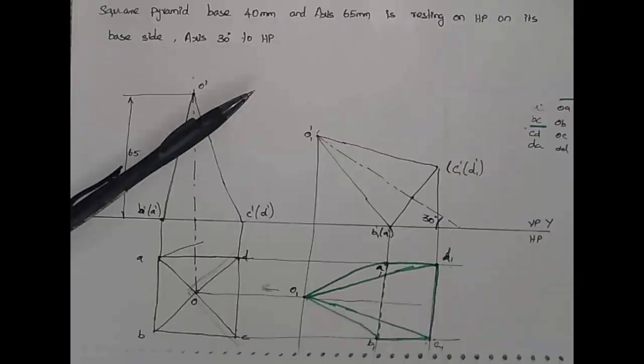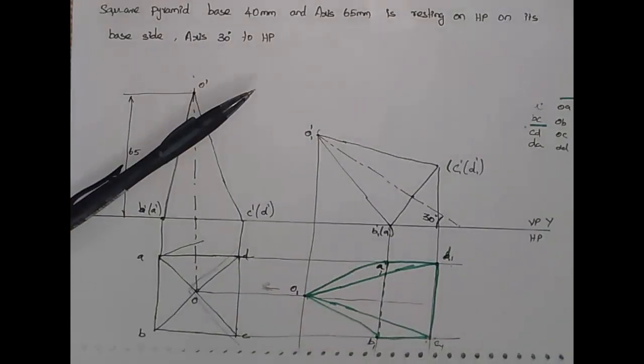So now BC is already an outer edge. It is drawn with H pencil. CD is drawn with H pencil. Similarly, DA is drawn with H pencil. Now come to the longer edges. OA is already an outer edge. OB is also an outer edge. OD you have to draw with H pencil. Similarly, OC you have to draw with H pencil. That's all. You solved the problem. Thank you.